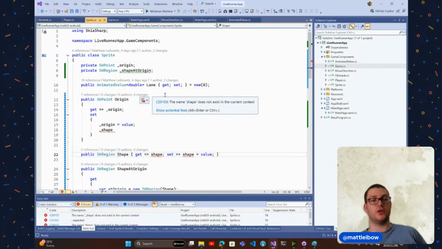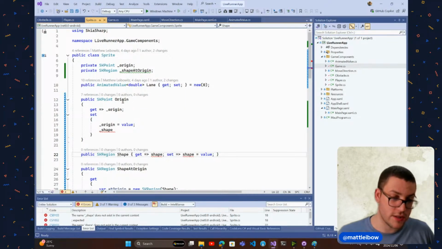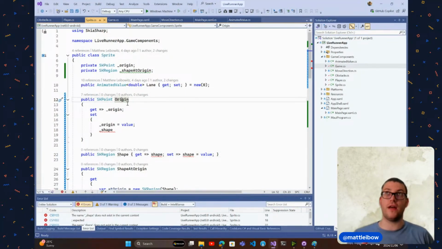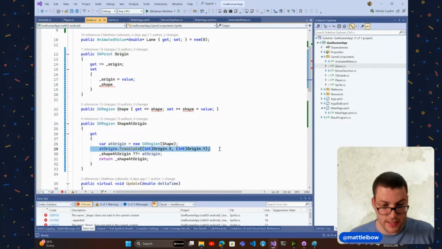What we want to do is do it on demand. So even though it's changing per frame, we only say, okay, give us the region and then transform it to its final location. So it's already accumulated in the origin. Let's say we start origin at 0, 0, we move one frame, it's going to be like 0.1 pixels moved, and then we cast that to an int, and then the region actually never moves. So when we want to calculate the final shape location, we take the region, we copy it, and then we translate it to